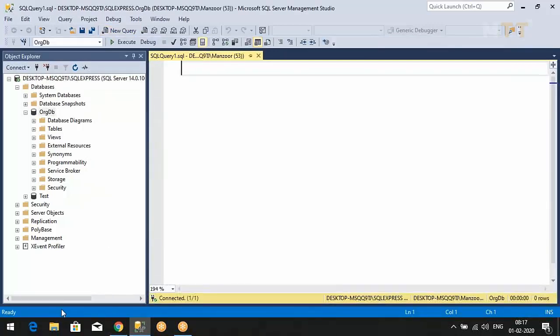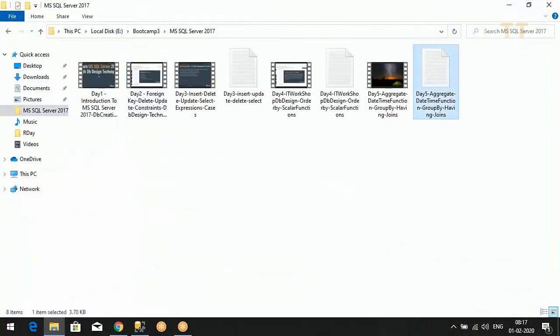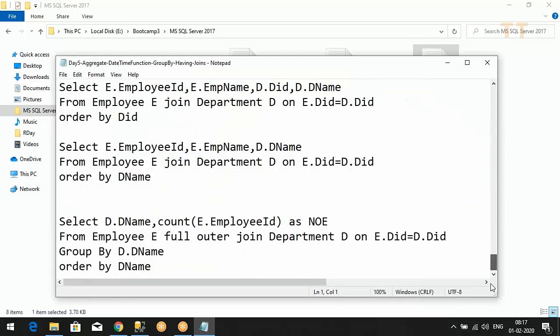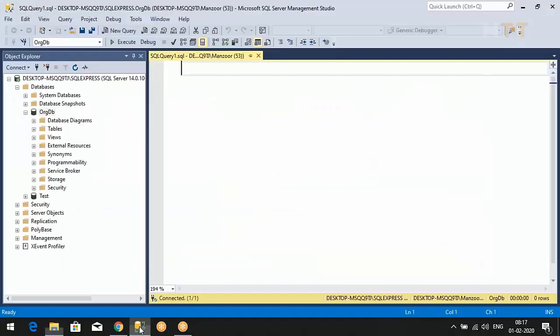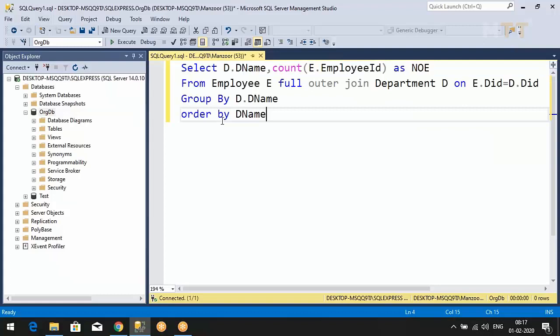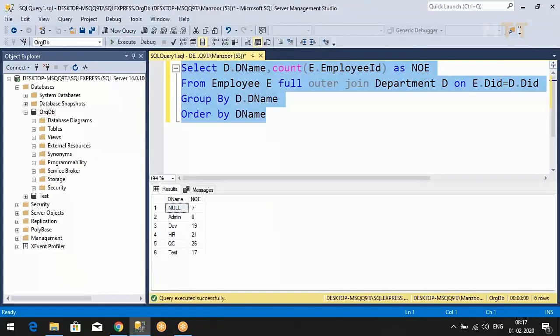Get with our query. If you remember, yesterday we wrote this query, group by. So have you understood this query, or does anybody have any doubt in this join, various types of joins? So this is your full outer join that we wrote, group by, because I want department name and number of